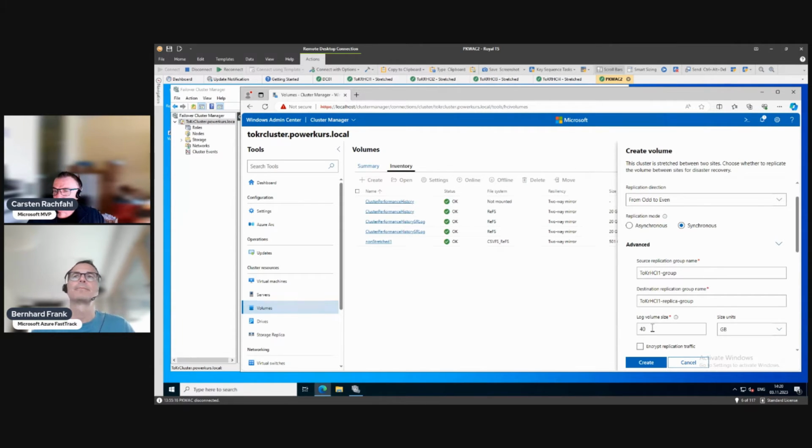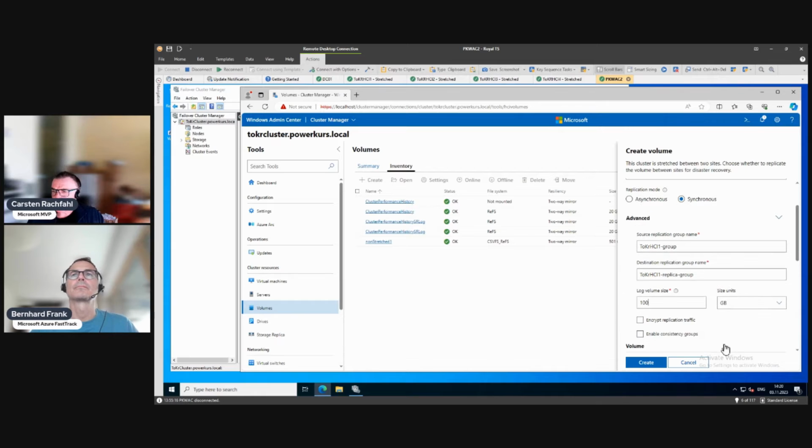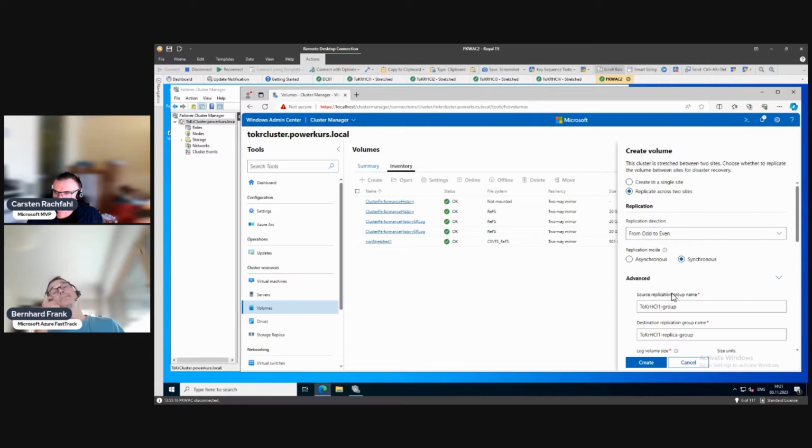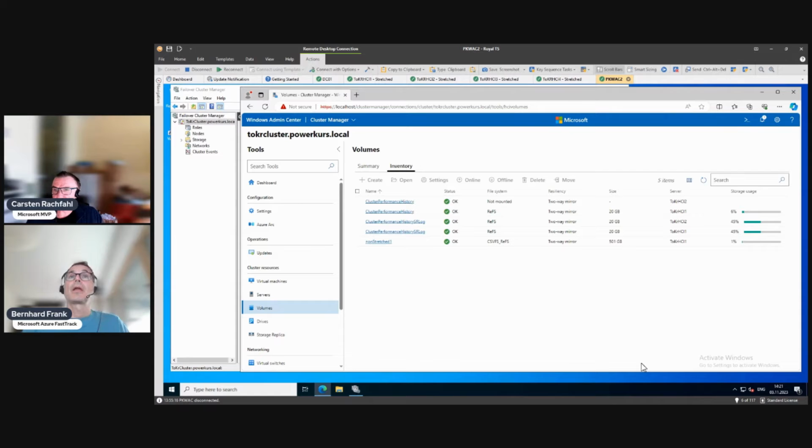And we can specify how large the log volume is, because we have a log volume, and we could encrypt the traffic so that the replication data is encrypted. You should do that, of course, if you leave your network site. So if you go over some kind of public network, you should encrypt the traffic. But here we will not do that, and we can also enable consistency groups. We will not do that either. So let's just create the volume, and maybe he will ask me for